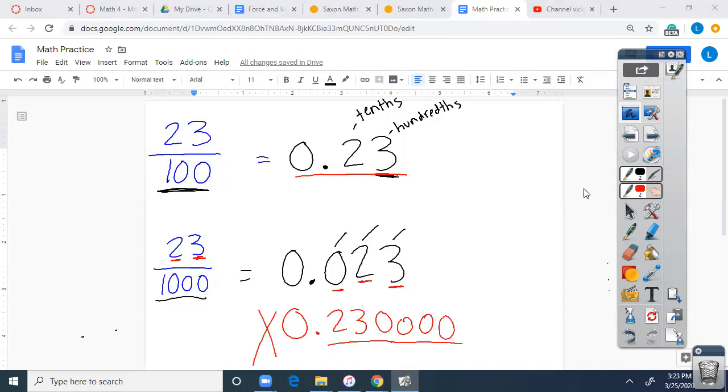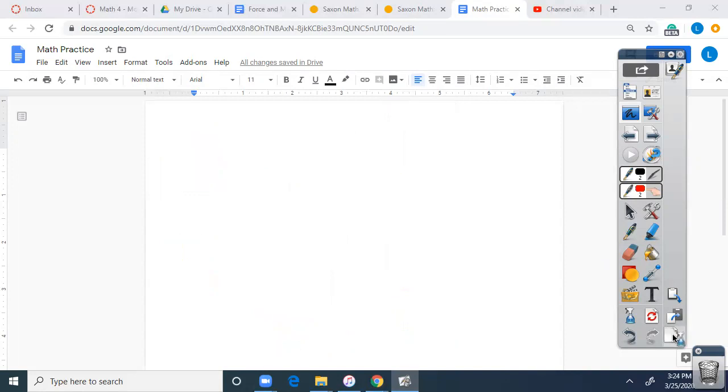Okay, now we're going to convert from decimals into fractions. I think this way is a little bit easier. So from decimals, let's do 0.159, and let's do 3.78. Okay, so if we are putting this decimal,